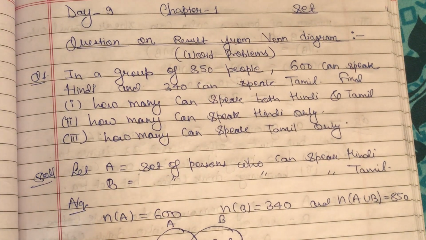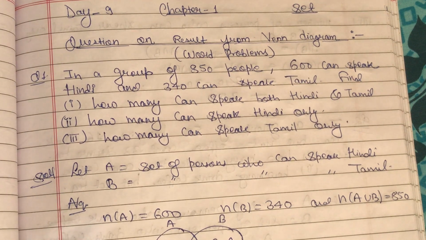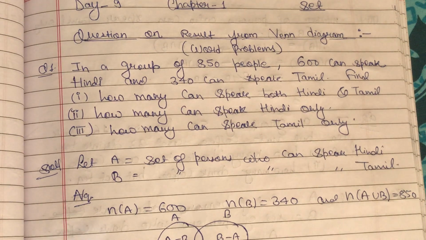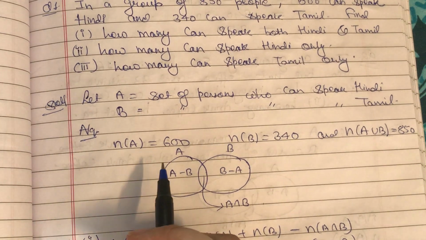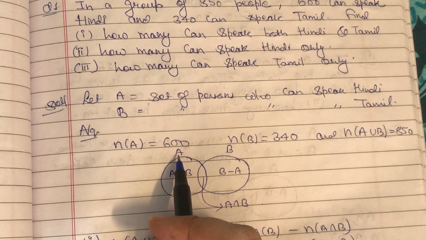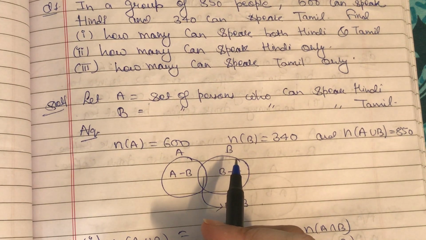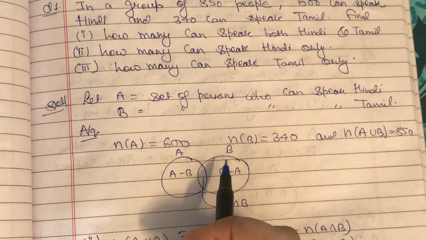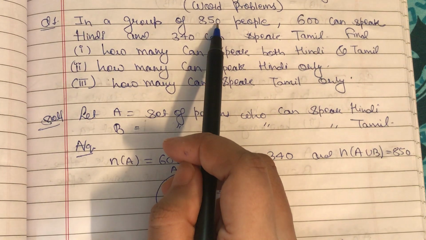One trick which I would like to share is that whenever you get this kind of question where you have 2, 3 or 4 sets, you draw the Venn diagram first. From the Venn diagram itself, many things get clear. Here I have assumed this as set A, which represents the set of persons who can speak Hindi, and this is set B, which represents the set of persons who speak Tamil. Also, as per the question, the total number of persons is 850,